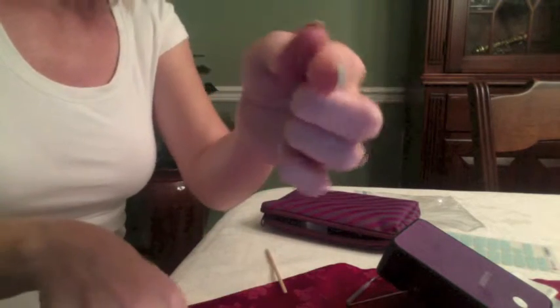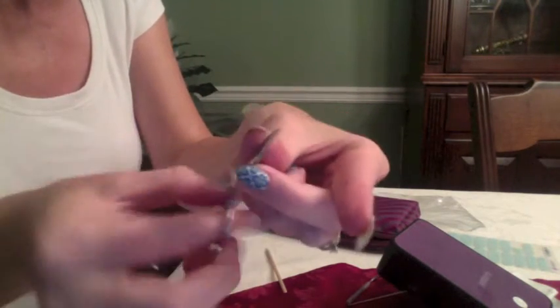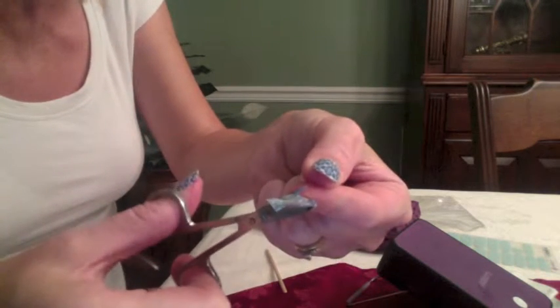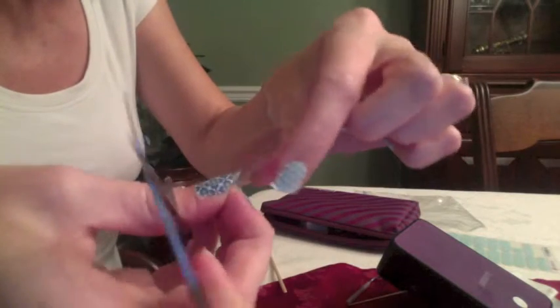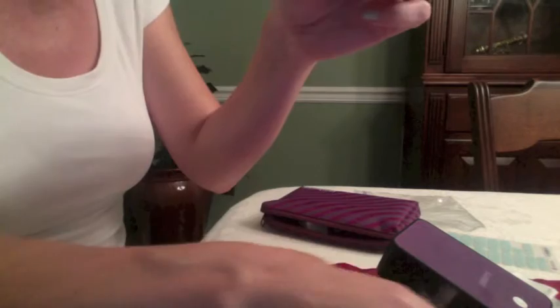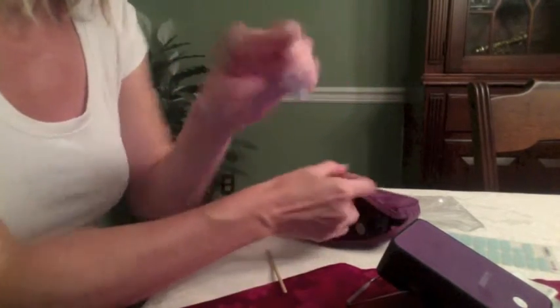So now I'm going to use my scissors and I'm going to trim. I turn my nail over and trim along the edge of my nail. It doesn't have to be perfect because we're going to use the file to get the rest of it off. If you find this challenging, especially when you're doing your dominant hand, which means you're using your non-dominant hand, you can trim it with nail clippers instead of the scissors. And then to get that excess that's still there